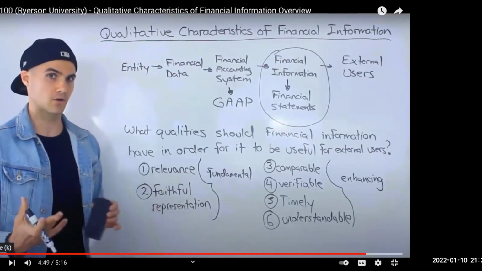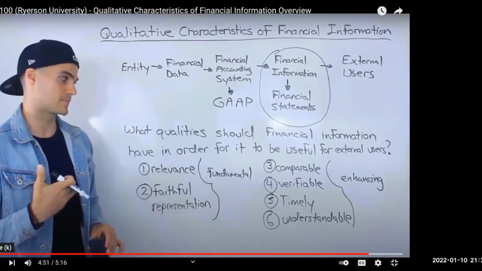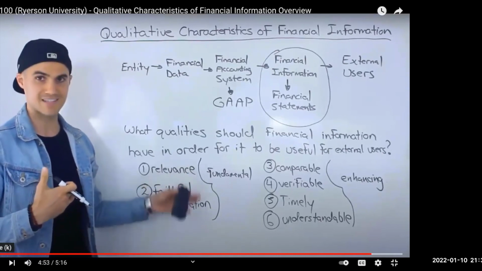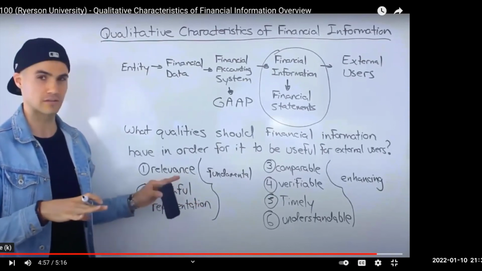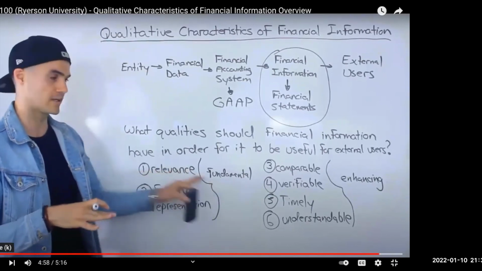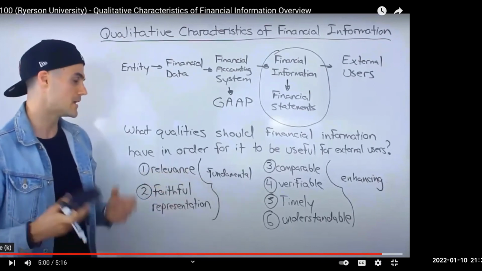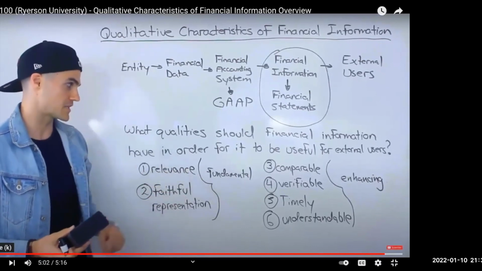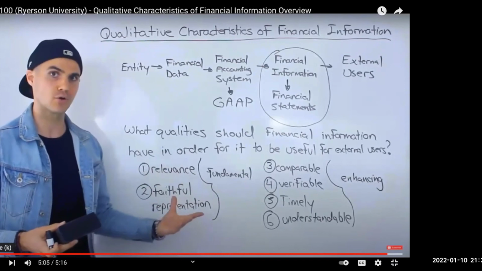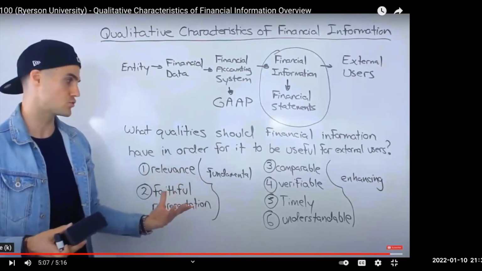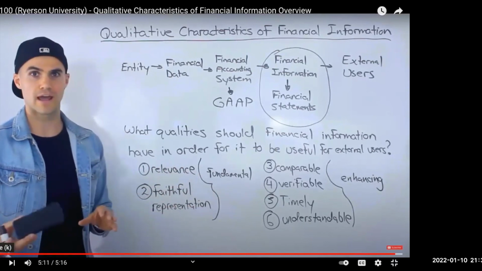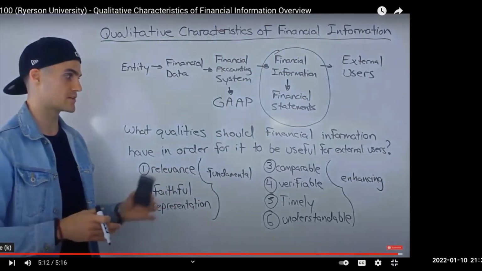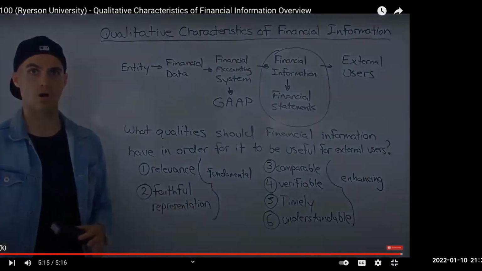There may be some carryover, and it's why it's my opinion that this list is probably going to get updated so that there is less carryover and a little less confusion about which quality is actually being violated. But anyway, that's just my 2 cents. The more scenarios you go through, the more questions you do regarding these qualities, the better you'll get at recognizing which qualities are followed or which qualities are violated.